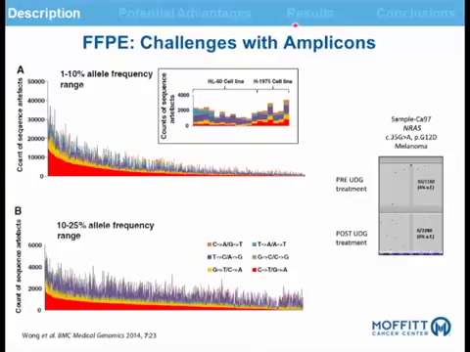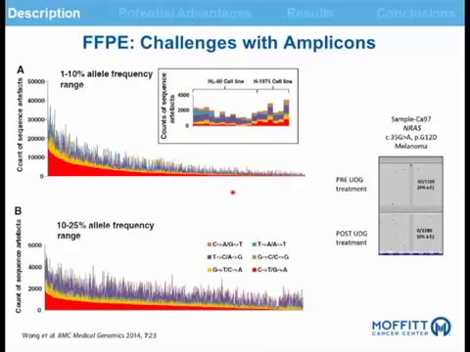Okay, so one of the highlights that I want to bring up with respect to FFPE is the fact that when you compare, for instance, cell line fresh samples to those of FFPE, whether you restrict it to allelic frequencies of 1 to 10 or 10 to 25, you recognize that these C to T changes are much more common, and these, as we all know, are a result of these deamination reactions. And one thing that I'd like to highlight that's important clinically is that even though most of these C to T transitions can result in